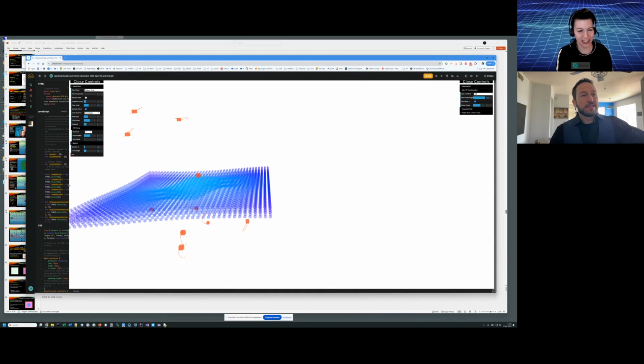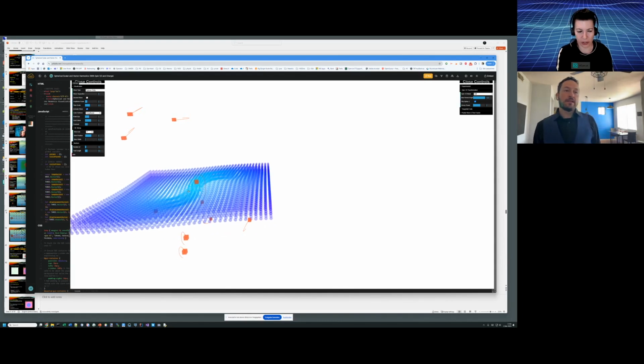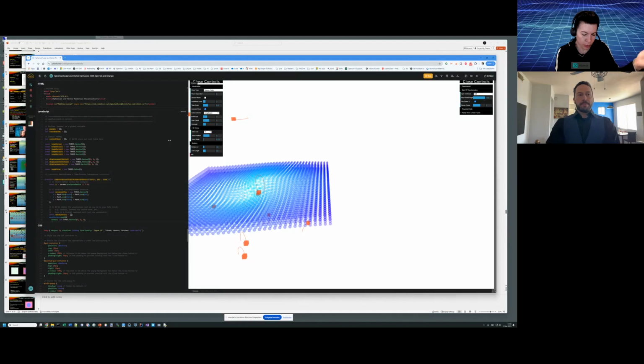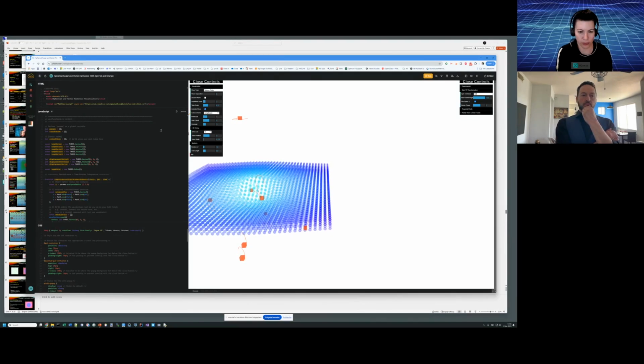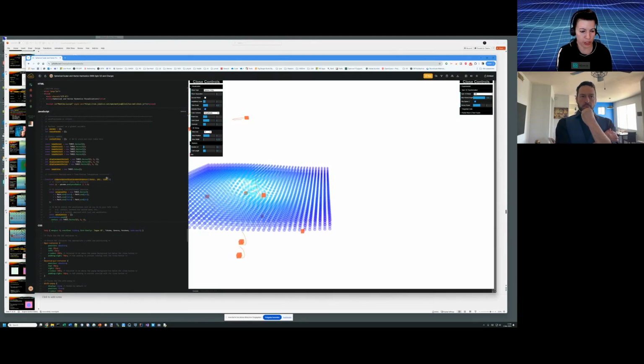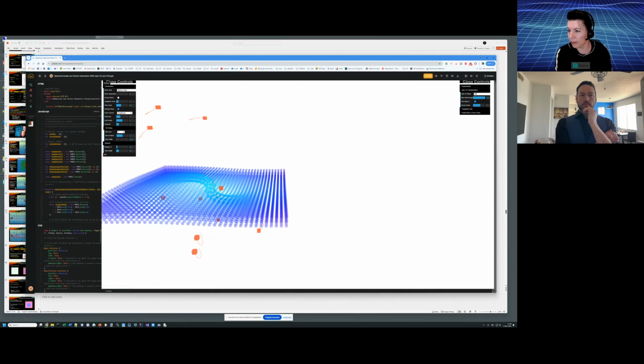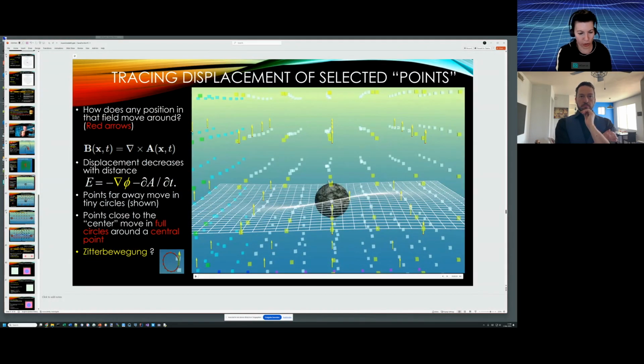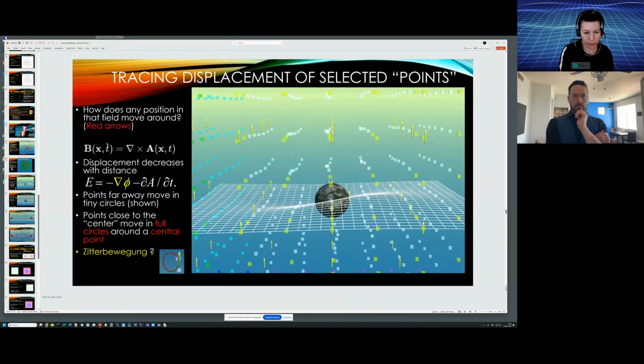Exactly. And also the thing is, there's the source code. So if anyone likes to program, you have the source code if you want to modify the simulation and all that. It's actually pretty simple. So anyway, just to see where we were. That was that. So we have the magnetic field.